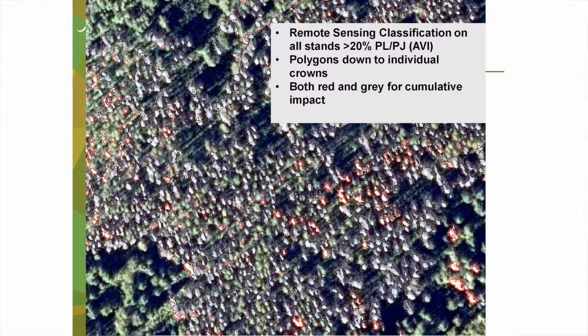And what we asked for in this classification was a differentiation between red trees and gray trees. We wanted to know where current infestation was and where it had long since gone. So this is the kind of output we got. And you can see the green patches in between. So it went down to, like I said, the single tree level. But if there was a group of trees, a group of gray touching, it would grab it all, of course. So that's what it looks like.